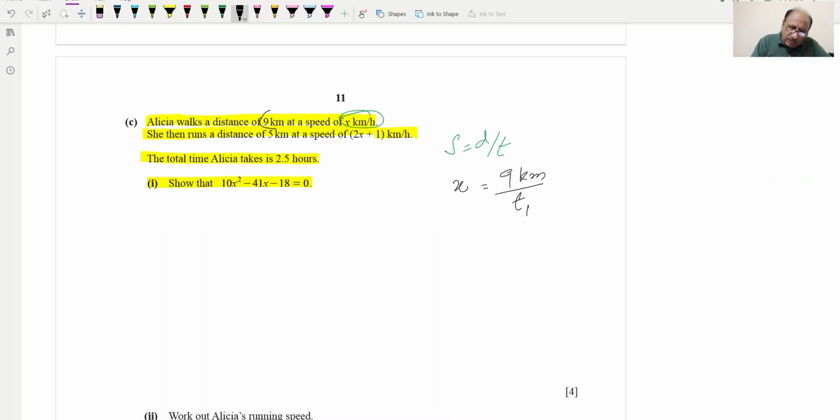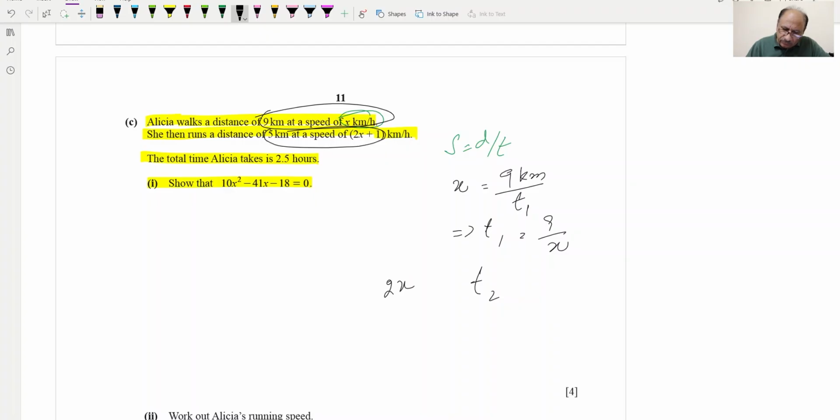So t1 is the time for this one and t2 is the time for this one. So we can write, this implies t1 is equal to 9 over x, whereas t2, if we find, that will be